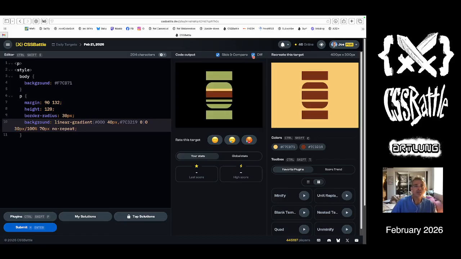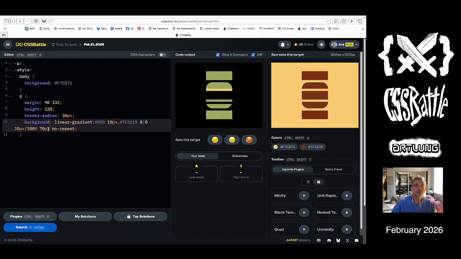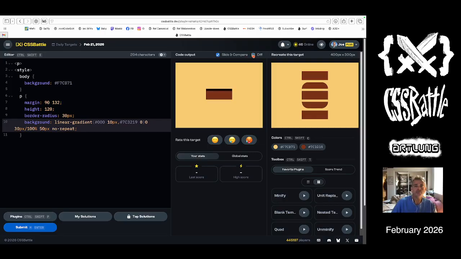So that's what I made. And then this is going to be like, what, 10 pixels tall? And then the height of this is, I've got 70. Let's say 30, 40, 50. Okay. So I've got this stripe, which I'm going to make transparent. And then I'm going to let it repeat. And I think this will do it. There we go. So a little bit odd,